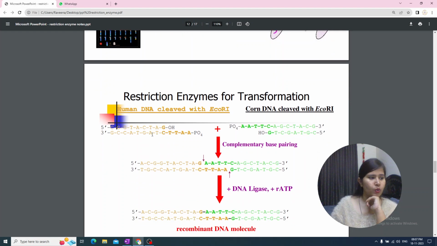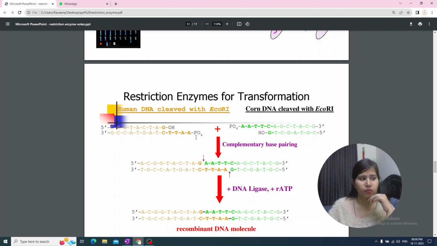Okay. So here you can see, for transformation, first of all, you are taking a desired gene, for example, human DNA cleaved with EcoRI. For example, we want a desired gene, insulin. Okay, so this is the insulin gene, and suppose we want to obtain it in a large amount